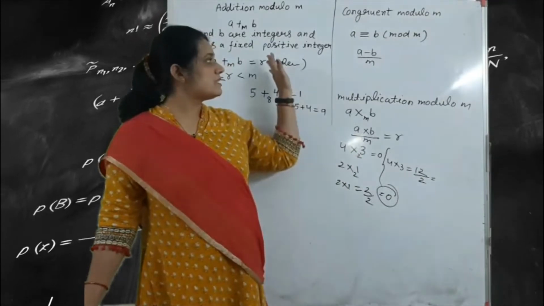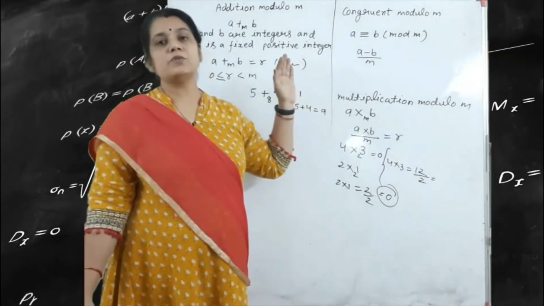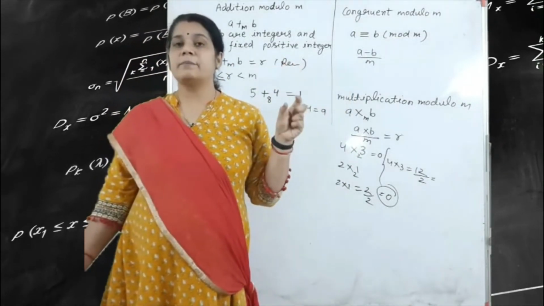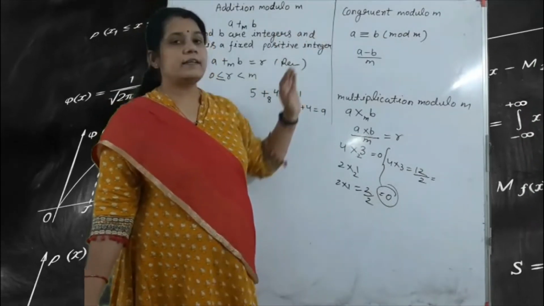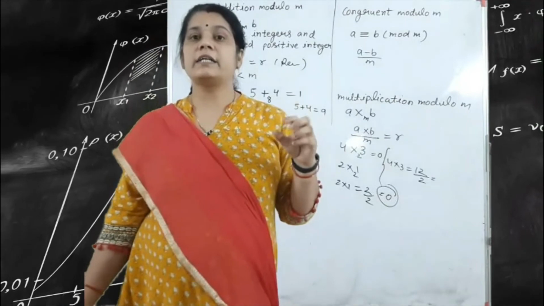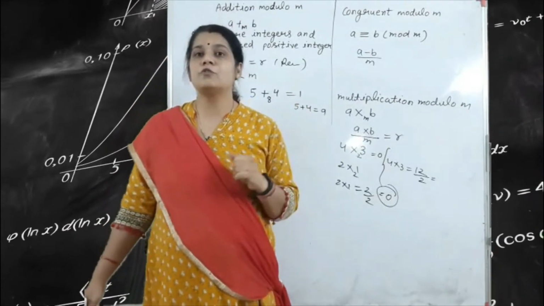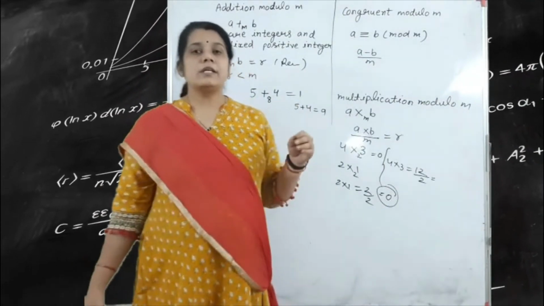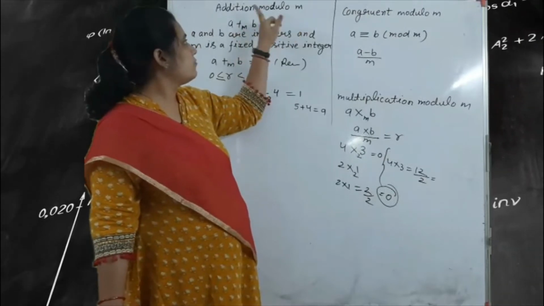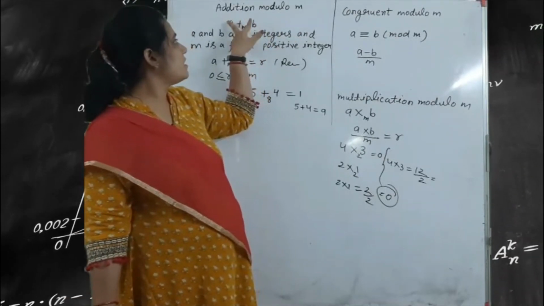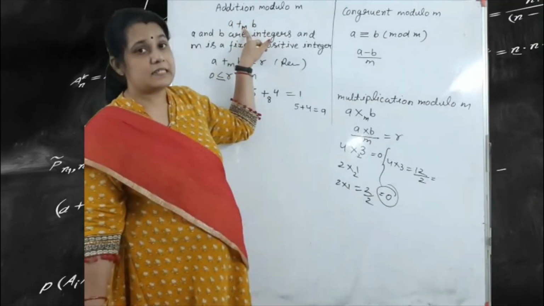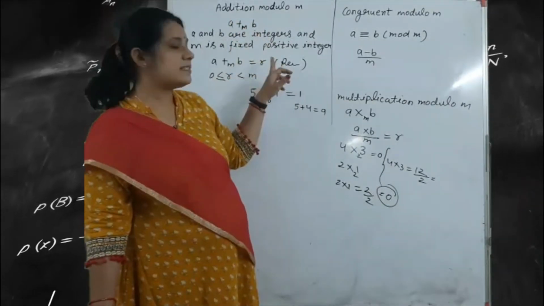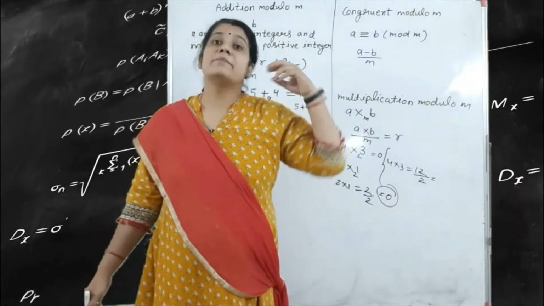Okay, so these are very important points for finding the group and the abelian group, and this modulo addition and multiplication are also included in the next topic, the cyclic group and the generator. Okay, so here you read very carefully. Addition modulo, that means first you add both the numbers and after that divide by this suffix number. Okay, and on the right hand side we write the remainder.